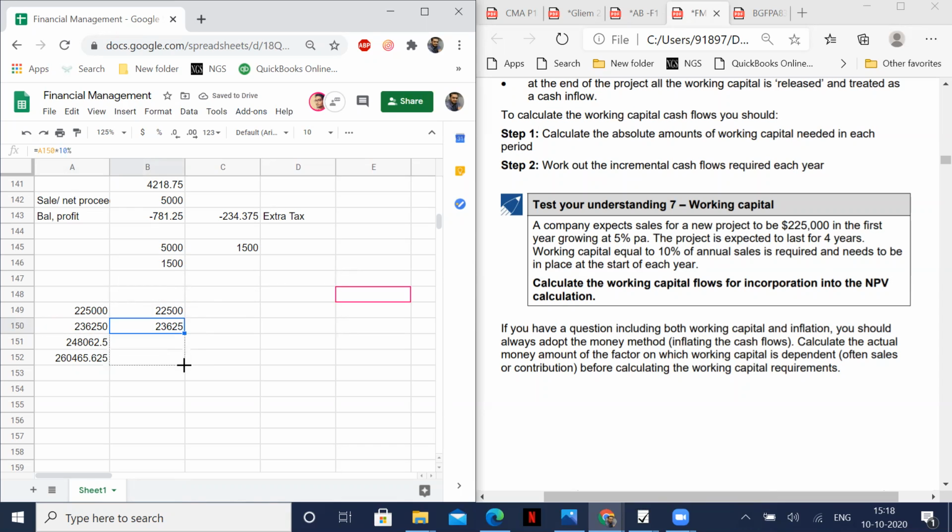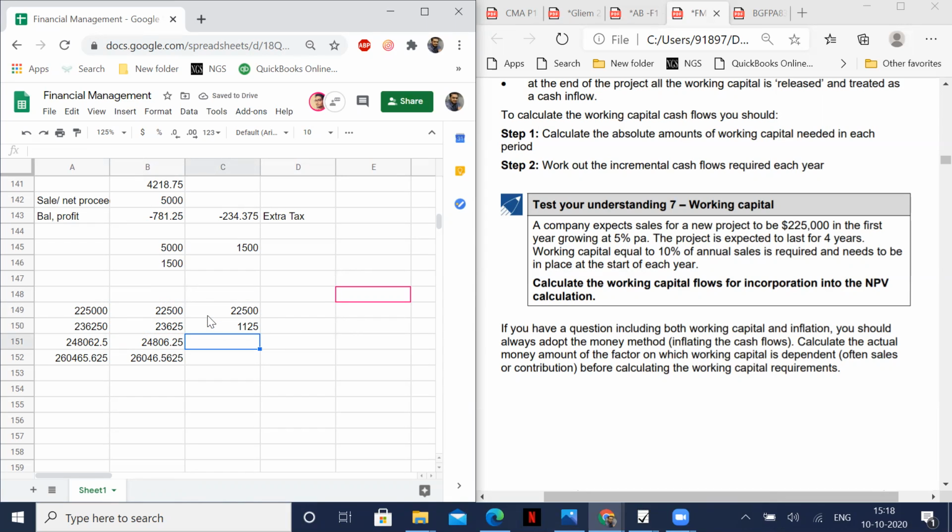अब इसको मैं नीचे तक ड्रैग कर लेता हूँ. अब यहाँ पे मैं इसको ड्रैग कर लिया. वी गॉट टू नो हाउ मच वी इट इज रिक्वायर्ड. अब हाउ मच इज रिक्वायर्ड ये तो मालूम हो गया, लेकिन इंक्रीमेंटल कितना है. सपोज ईयर 1 में मैं 22,500 ले लिया, फिर ईयर 2 में एक्स्ट्रा कितना चाहिए मेरे को, इक्वल टू दिस माइनस दिस